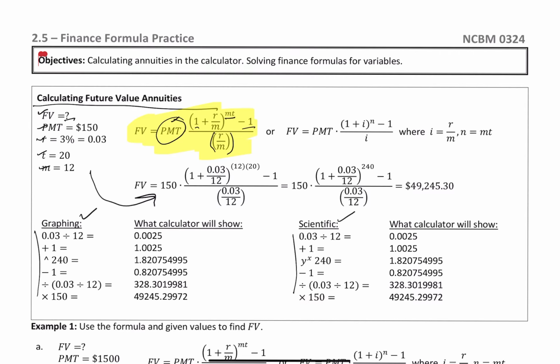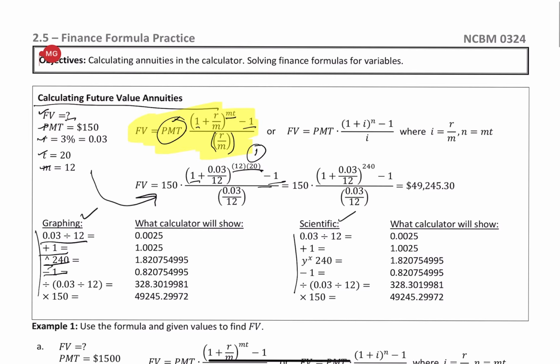I'm going to be using a graphing calculator, so I'm going to be following the one on the left. Basically, I put 0.03 divided by 12 first. Here it is. Add 1, which is this part. Enter. And then raise to the 240, which is this, and subtract 1. So that's step number 1. Divided by, which is my line right here, divided by this part. And then from there, I just multiply times 150, and I end up with this number right here,